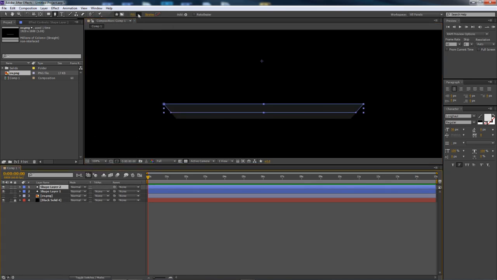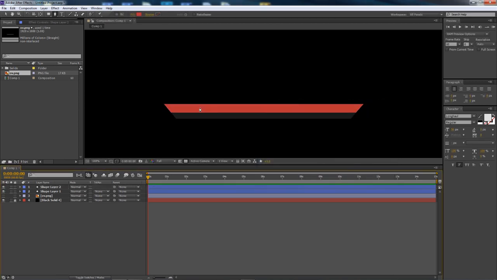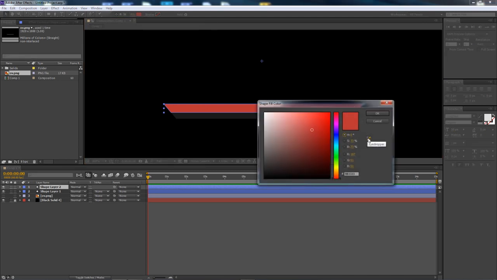Now, if your color is not the same color as before, this is a different shape. To fix that, select this shape right here, or select the actual layer itself, and go to the fill up here. You can select the eyedropper tool, which is located within the color picker. You can see wherever you move your mouse is where it's going to sample. So if I select on this canvas we're working on, and I select the same exact gray that we used for the first little shape here, just like so,